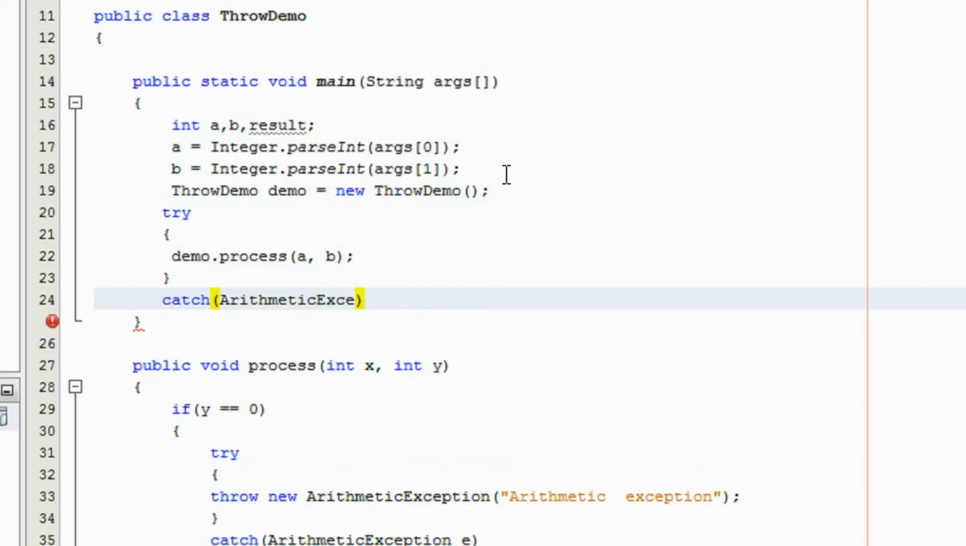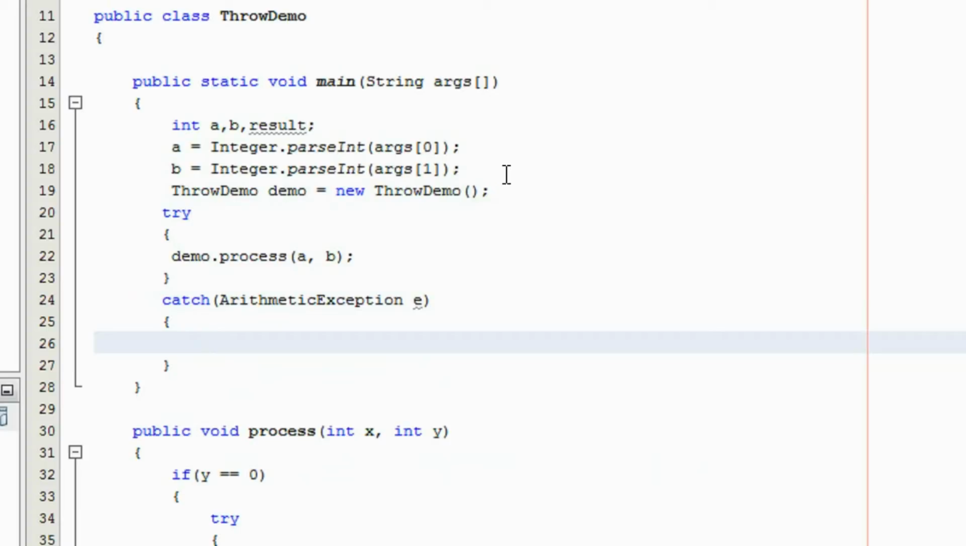ArithmeticException e, System.out.println "Exception caught at main method", and that exception is here, e. Okay,